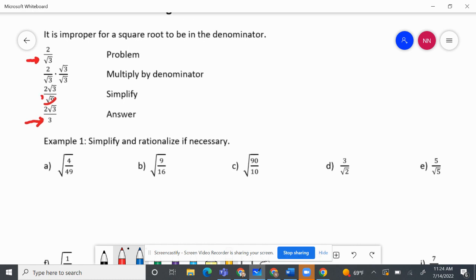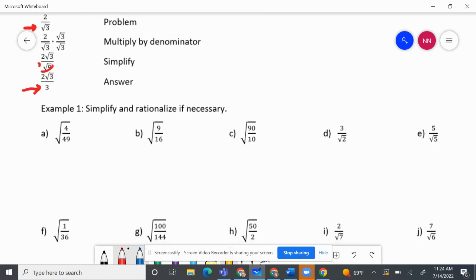Now we have a couple other ones that are a little bit easier that don't really need that much work to show how we solve them. So looking at letter A, we know that the square root of 4 is 2 and the square root of 49 is 7. So our answer is just 2 sevenths. In the same way, the square root of 9 is 3, the square root of 16 is 4,